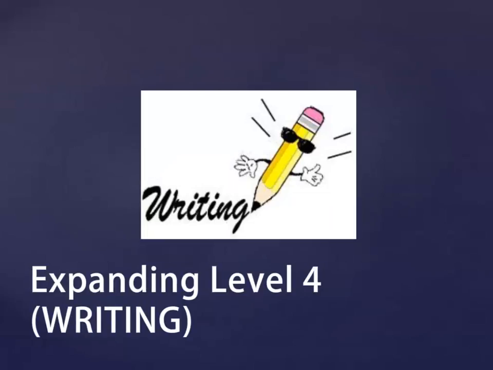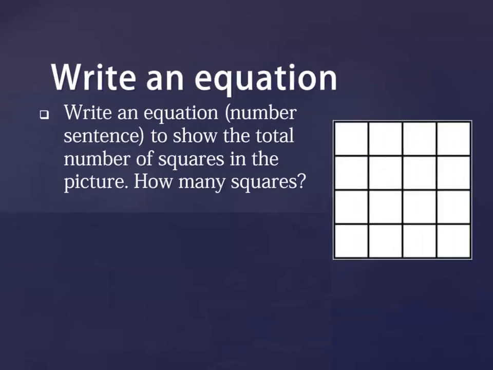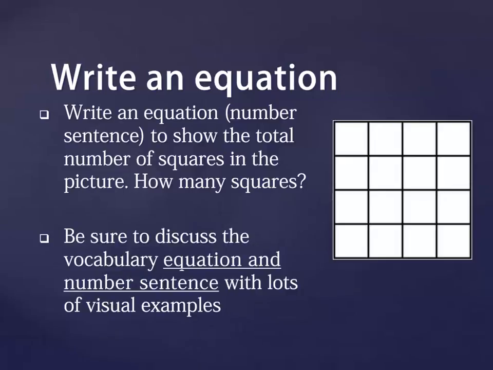Level 4, expanding, in writing. This activity is assessing students' math level. You would ask, how many squares are there? Write an equation or number sentence to total the number of squares in the picture. With students at a level 4 in writing, number sentence is a more familiar term to write. Students at a level 5 in writing should be using the word equation, which is a more formal mathematical term